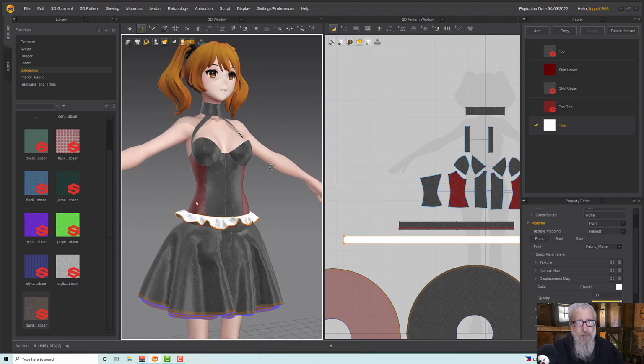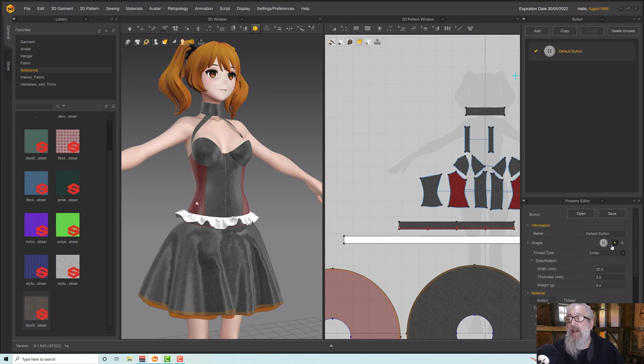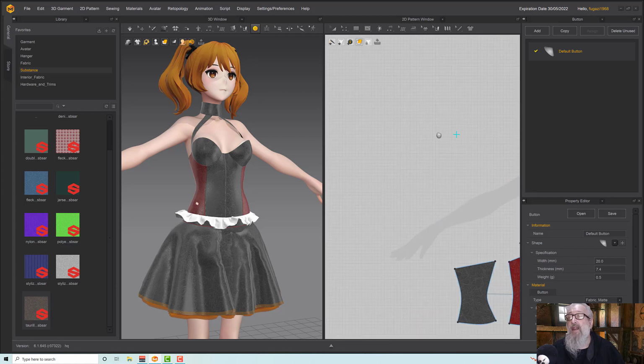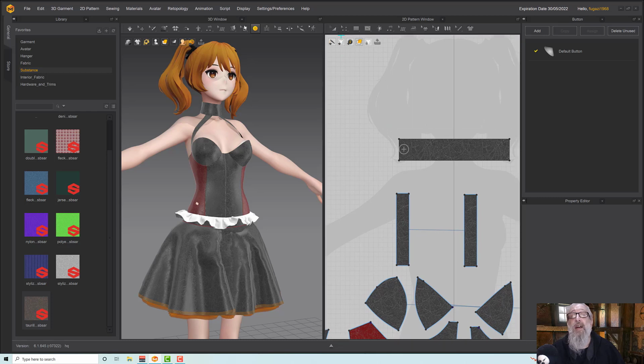Okay, so I want to have a look at how to put some studs on this now. We can use buttons for that. On the button tool we can select button, and over in our tool window here, we can switch to button. First of all I want to change the button, and we can do that here. I've got a little library of buttons, and somewhere around here I've got a rounded stud. So I'm going to pop that somewhere in the center of this neck piece, and then go to the select move button,